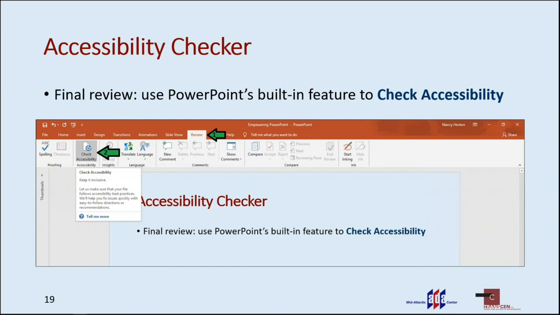It will identify and highlight things that are potentially accessibility problems. And for example, it may alert you to the fact that you have more than one slide with the same exact title, which, as we mentioned earlier, is not a good feature for accessibility within PowerPoint. Slides should have unique titles. So you can find the accessibility checker in the Review tab and turn it on there, and that's a nice feature that you can use.